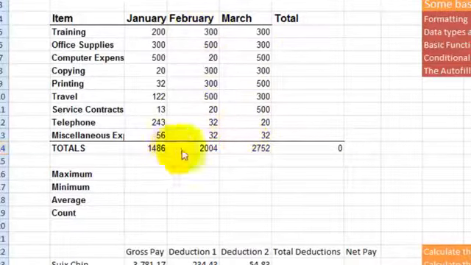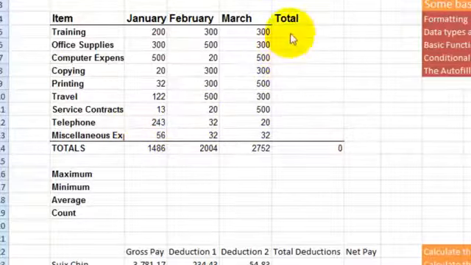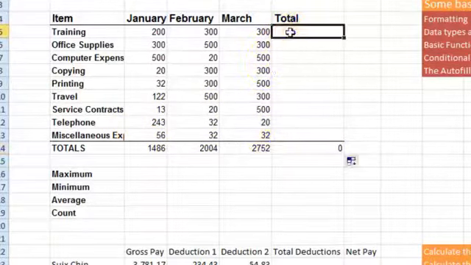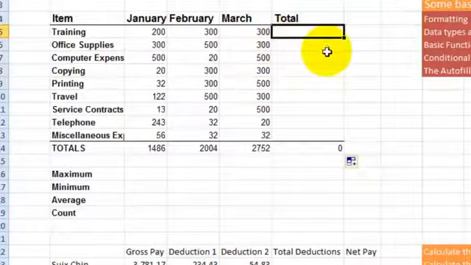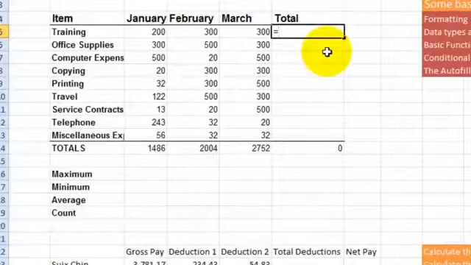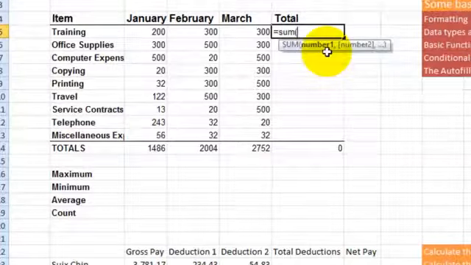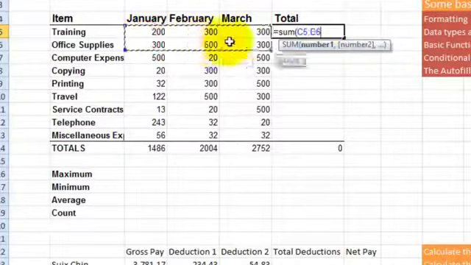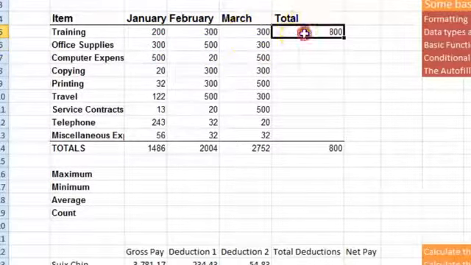And the way it works is that you can use this from left to right or from top and down. For example, if I wanted to get the total here, let's say I have the first formula here. So in this case, the formula would be equal. Let's say I wanted to get the total for training for all the months. I would have the equal sign, then the function sum, and then the starting range and the end range. So C3 through E5. Hit enter, notice it comes with 800. Instead